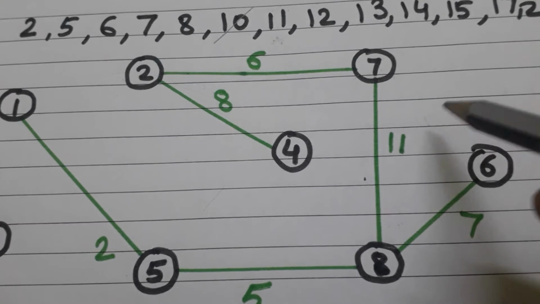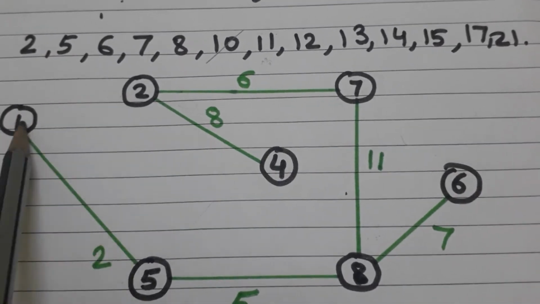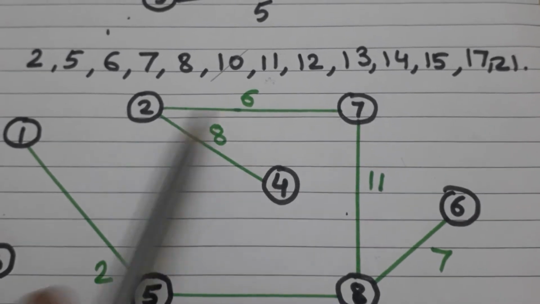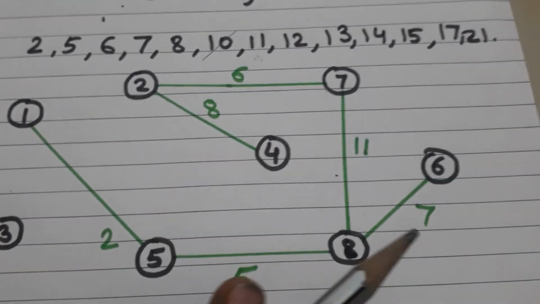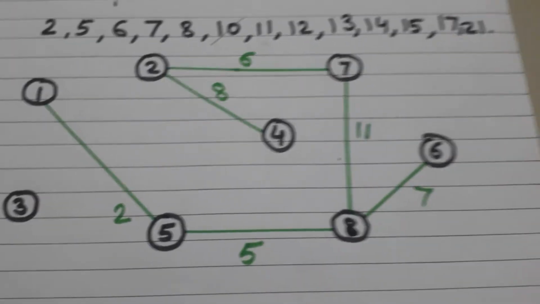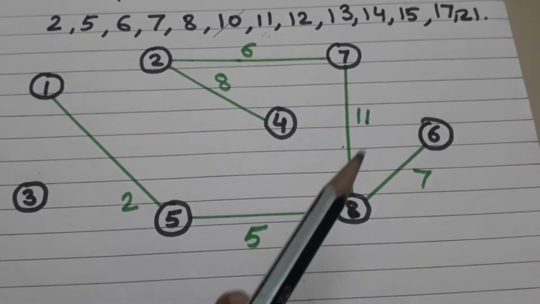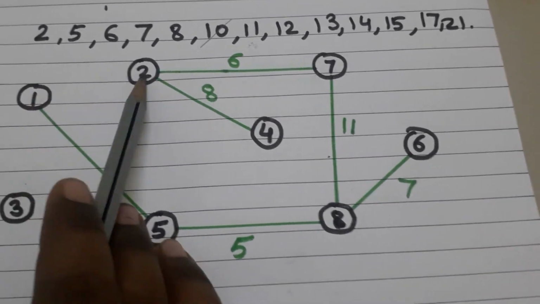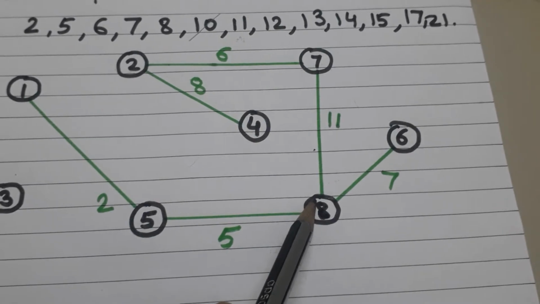So here in this diagram, we draw this age. Now, if someone wants to add this age from 1 to 2, they can add this one, but they have to remove this one because it will create a loop. I will show you the another one also. Now, here we will show the another diagram where we will add the age 1 to 2 with weight 11 instead of 7 to 8.